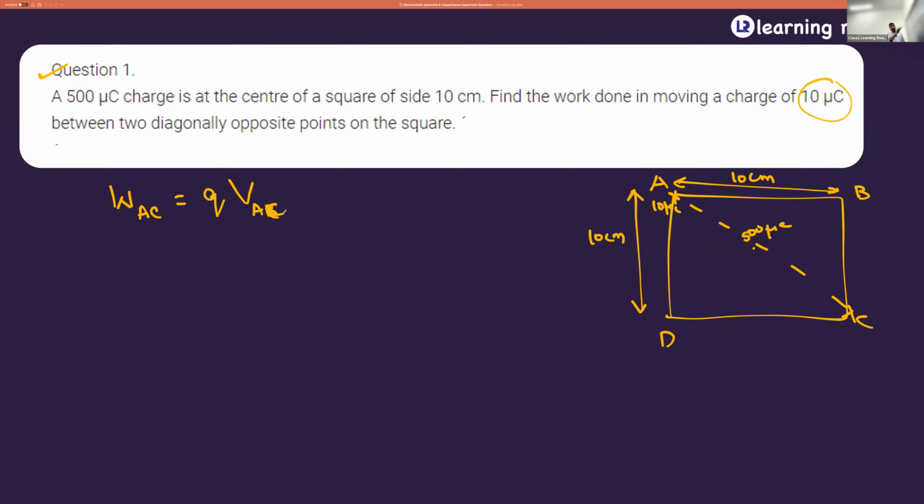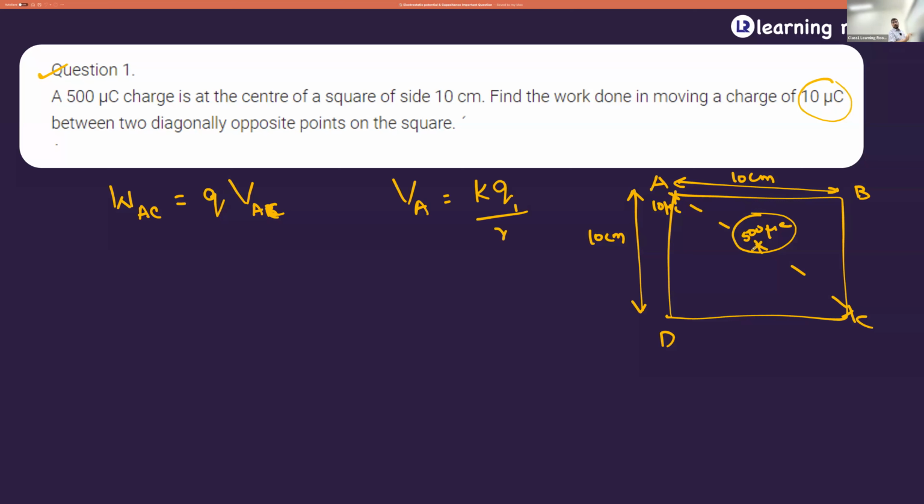So when this 500 microcoulomb is placed at the center, what would have been the potential at point A and point C? So due to a point charge, what is the potential developed at A and C? VA is equal to K Q1 divided by R, where Q1 is 500 microcoulomb,